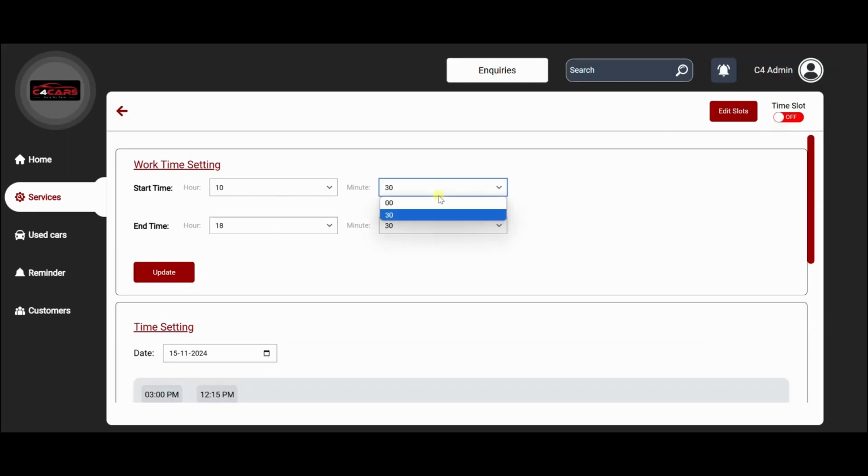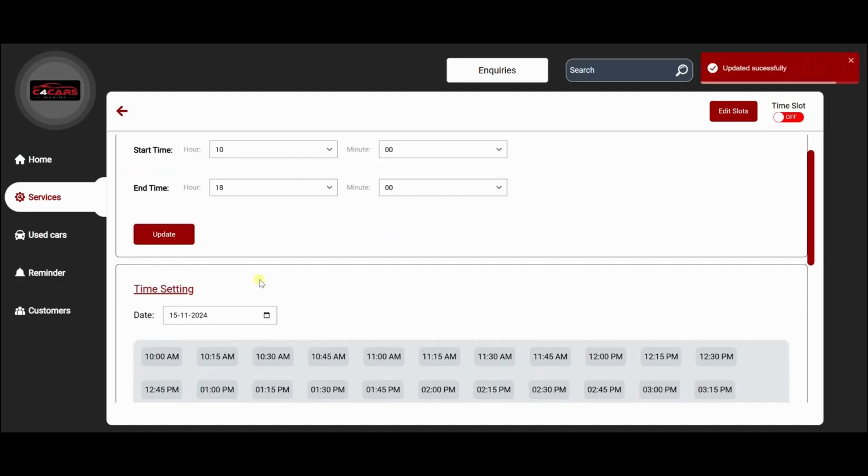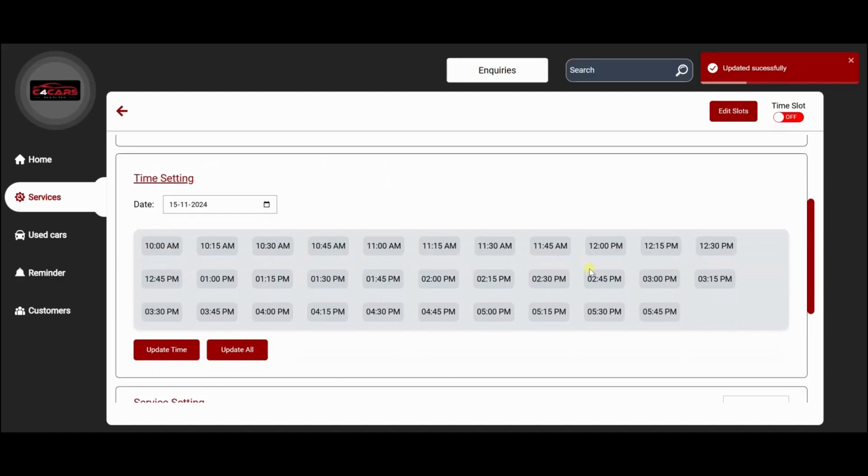Work time setting: select the start and end time from the drop-down and click on the Update button. Time setting: to set the time for a month, select the time from the displayed time list and click on Update All to save the setting. Also, the admin can set time for one day: select the date from the drop-down and the time accordingly, and click